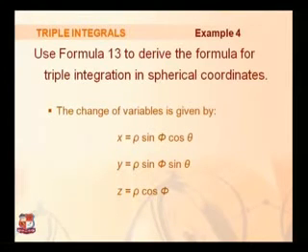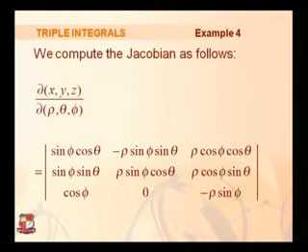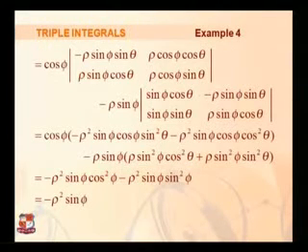This is the spherical coordinates, where x is equal to rho sine phi cos theta, then y is equal to, we can take r also, but here for just some change we have used rho sine phi sine theta, and z is equal to rho cos phi. Then if we calculate the Jacobian for this triple change of variable, the Jacobian will be minus rho square sine phi, which is for the spherical coordinates.